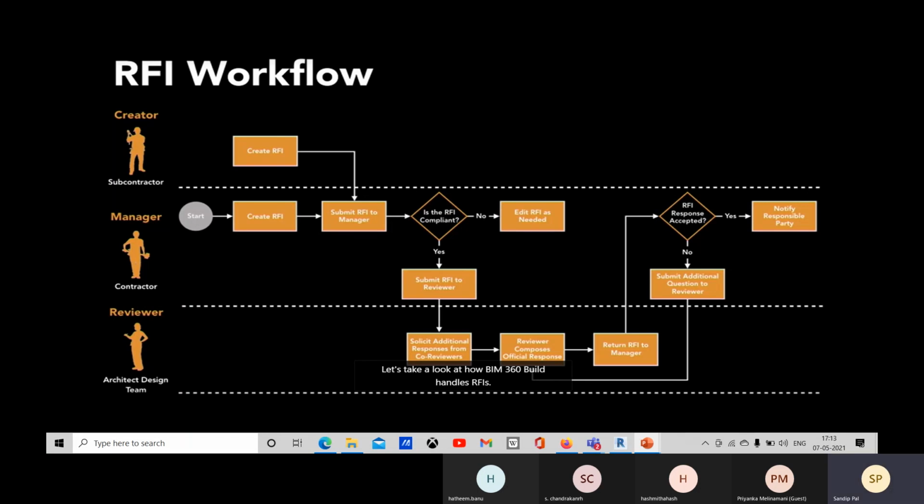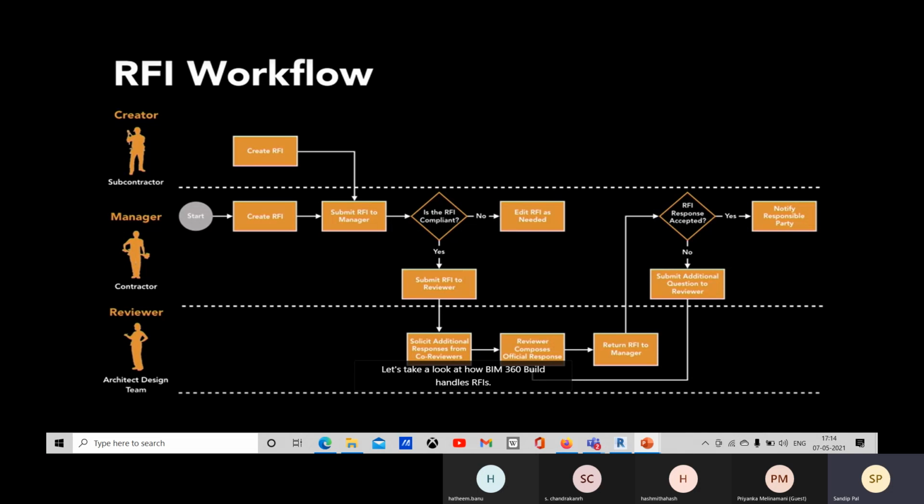Okay, so this is your RFI, and you will raise some question. The RFI is the official way to raise any question or clarify any doubt. So let's look at this workflow, how we create or raise a question officially.